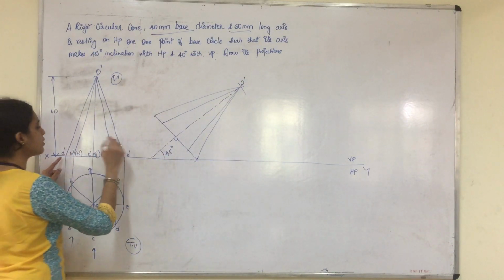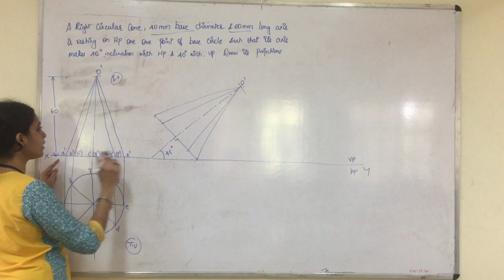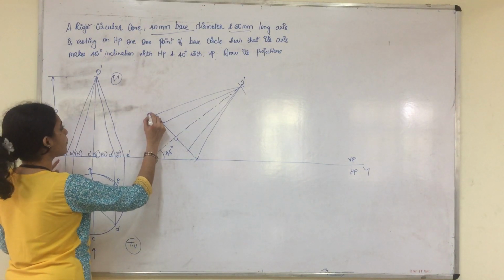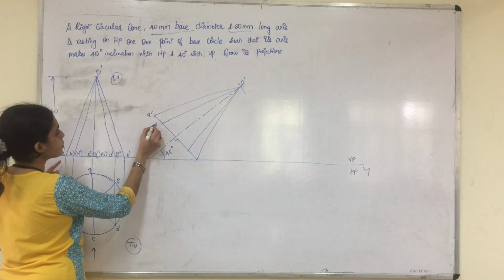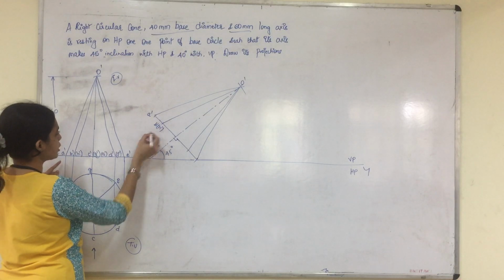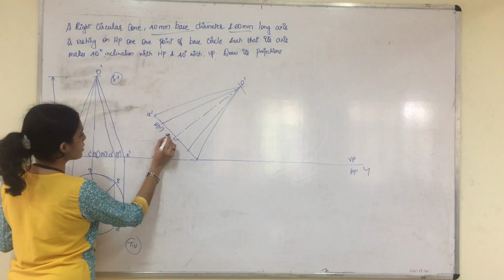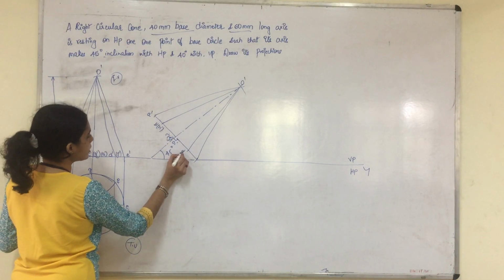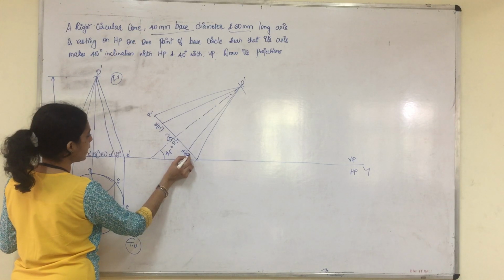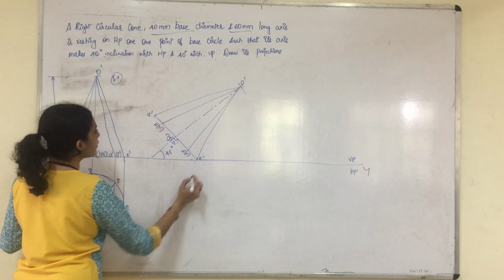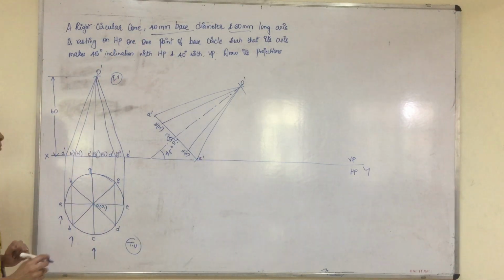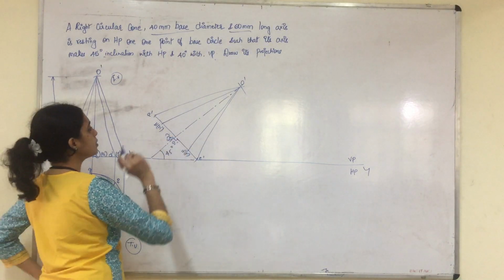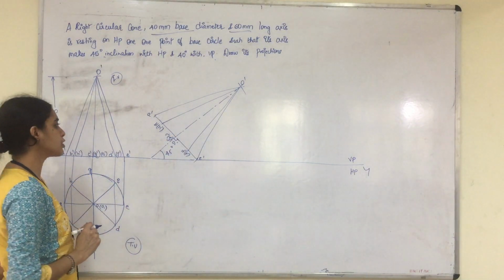After that, please give the same naming as we had done in the first stage. So this is our A dash. This is B dash in the bracket H dash. This was our C dash in the bracket G dash, and this is our O1 dash. And similarly this is D dash and F dash, and this is our E dash. So this is how the front view of the second stage looks like.